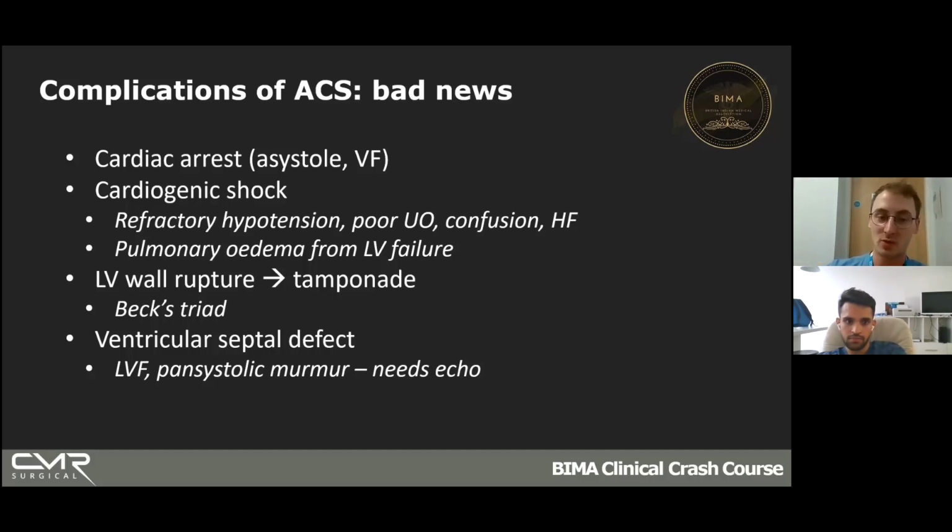Your left ventricle can rupture. And this sounds bad, and it is really bad. Blood will just flow from your left ventricle into your pericardium. You'll get tamponade. Your heart can't beat anymore, and you will die of cardiogenic shock unless you draw the blood out. And the little things in italics are just how to spot these clinically.